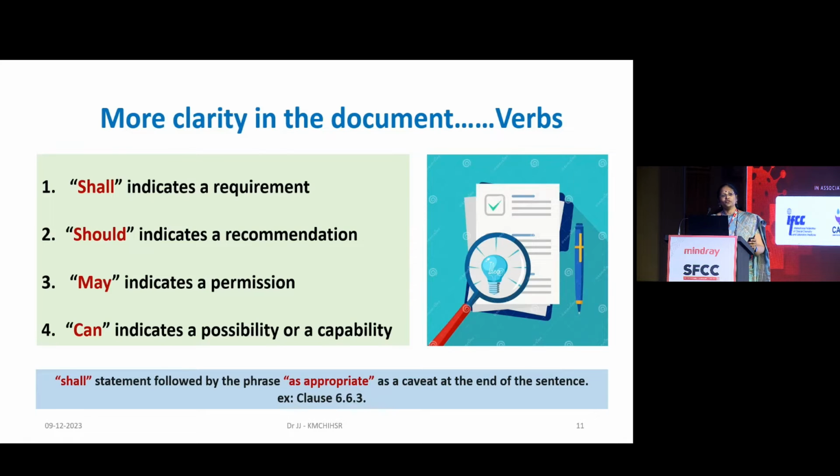So if you look at some "shall", it will also have these "as appropriate", which means there is a flexibility of its implementation. So it's more challenging for an assessor than an SSE now, because the SSE has all the liberty to do however they want in their laboratory, and an assessor should understand what the lab is talking about, how are they doing it. So what is that, why are they bringing this context, and why are they having this document, etc.